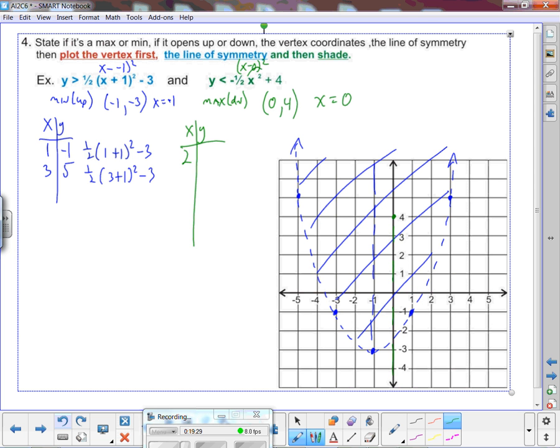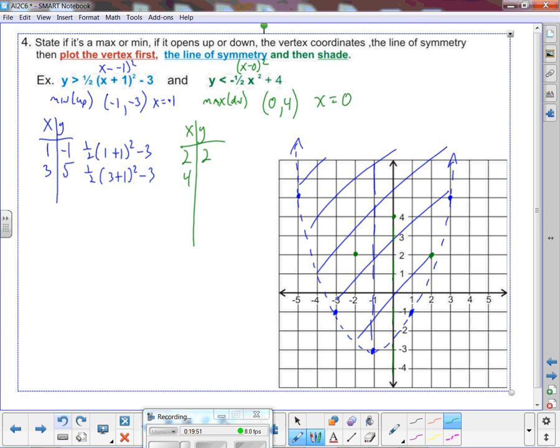All right, look at the original. 2 squared is 4. 4 times -1/2 is -2. -2 plus 4 is 2. So I'm at the point 2, 2. 2 to the right and 2 up. So 2 to the right, 2 up. I went 2 right of the line of symmetry, go 2 left of the line of symmetry. Okay, all right, let's go 2 more. We'll go to